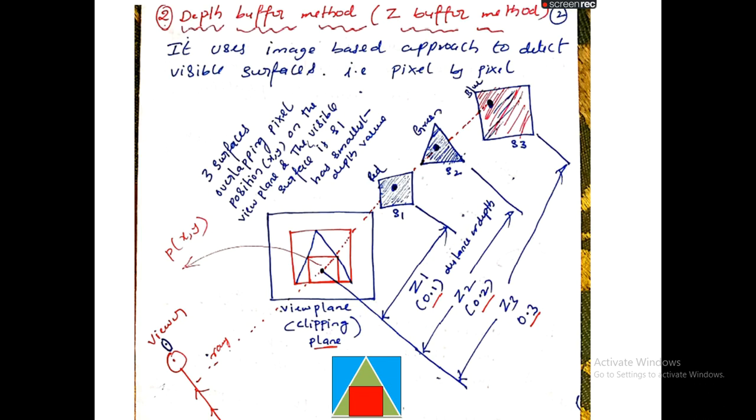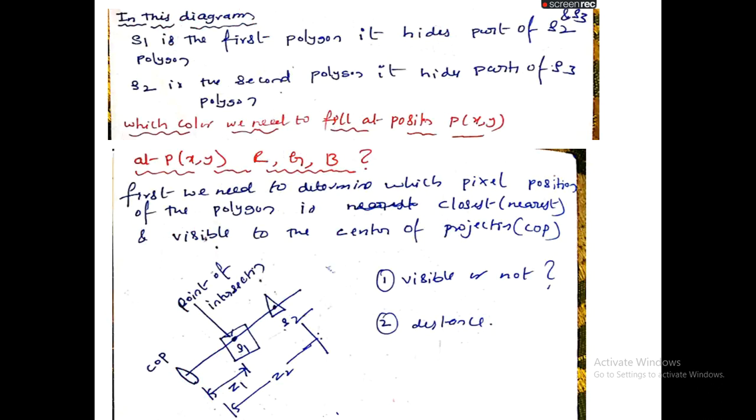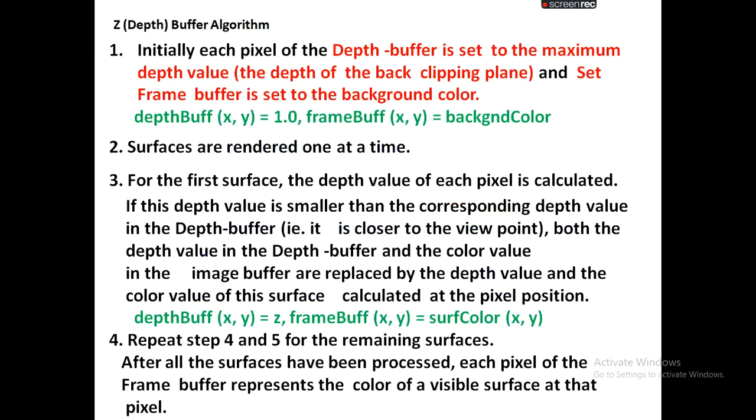So these are the two types of algorithms. Today we discussed how we can use visible surface detection algorithms to detect the visible surfaces. Once you detect the visible surfaces, only those visible surfaces' pixel information has to be painted for those pixels which are visible to the observer. So these are the two types of algorithms we discussed today.